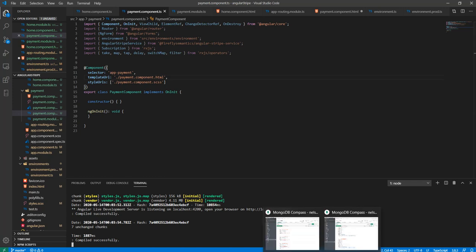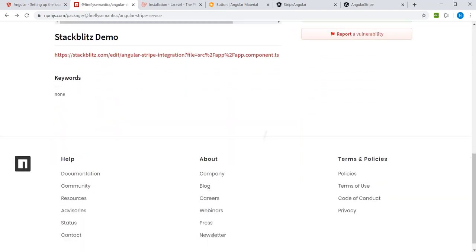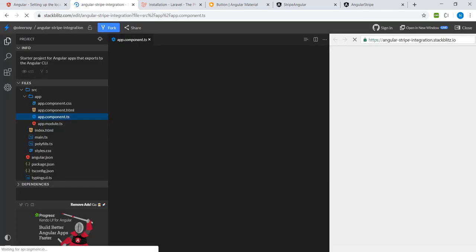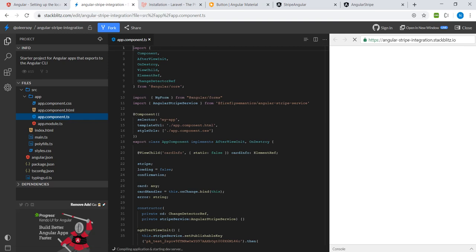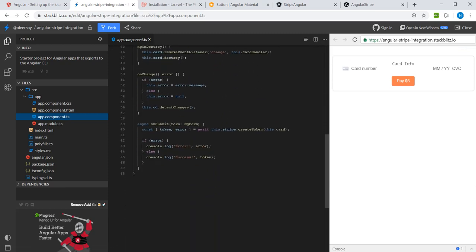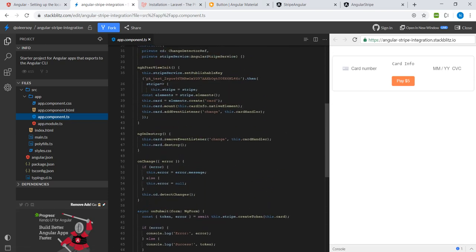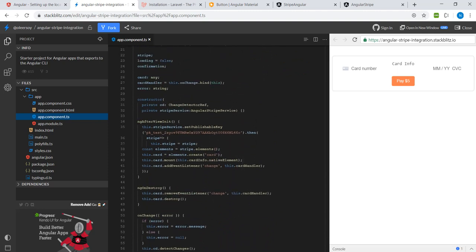And if you look at the documentation here, you see what's been done. If we go to this link here, it gives us more details. Right here you can see it's being imported, and we basically just copy what we've got in this code here to our app, and then we'll need to make some further changes to get this to work. And before you do that, you need to remember that you need to go on the Stripe